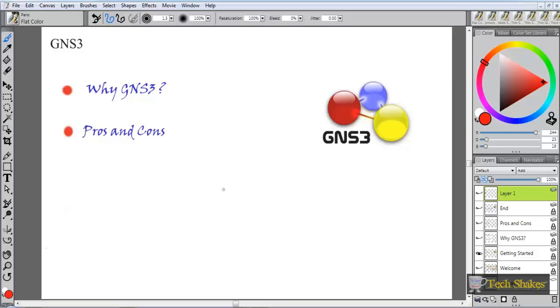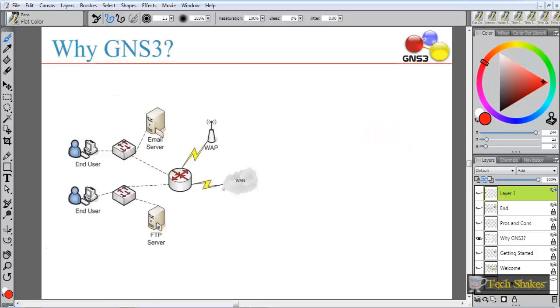Now let's move on. Why GNS3? Suppose you have this topology and your boss asks you to apply an ACL, access control list, inbound here to filter the traffic, and by mistake you have set the access list outbound at this interface. Whoa! You have misconfigured the router. So to avoid these kinds of problems, we use GNS3 because